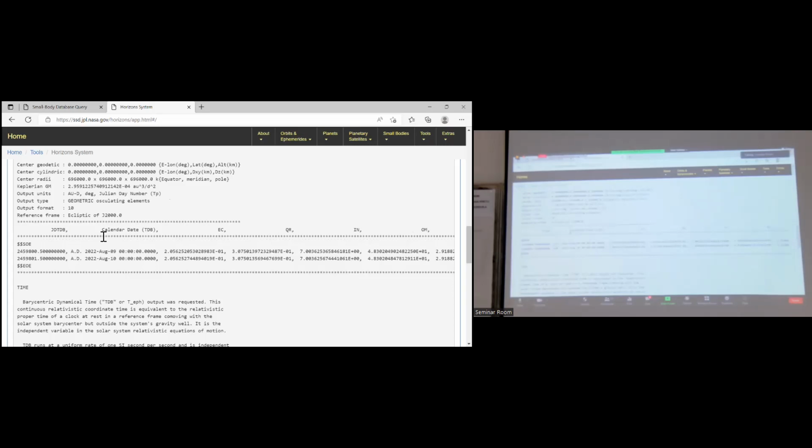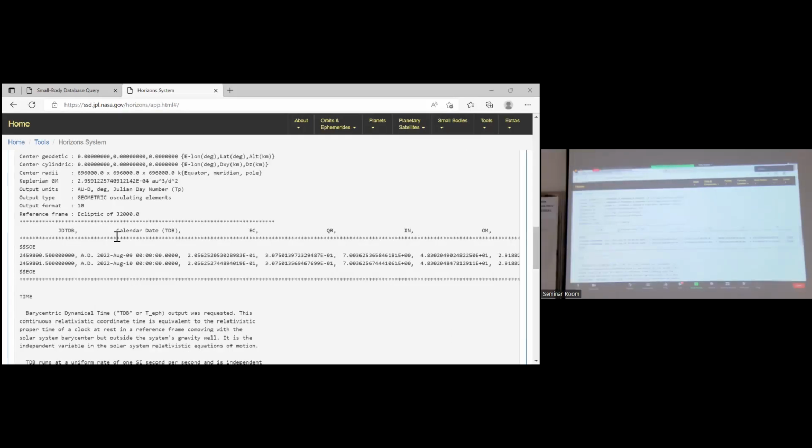So a small body is perturbed by main bodies only. Main bodies means planets and of course the sun. Among main bodies, yes, they have gravitational attraction.